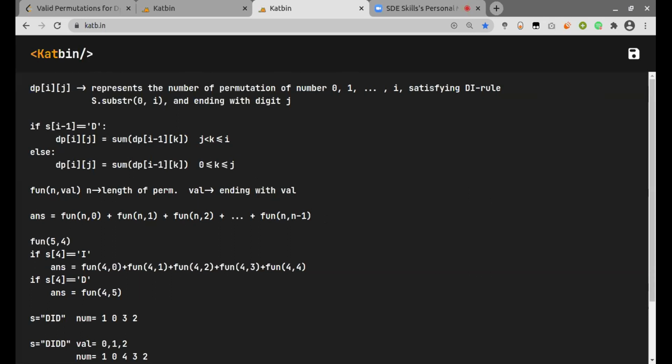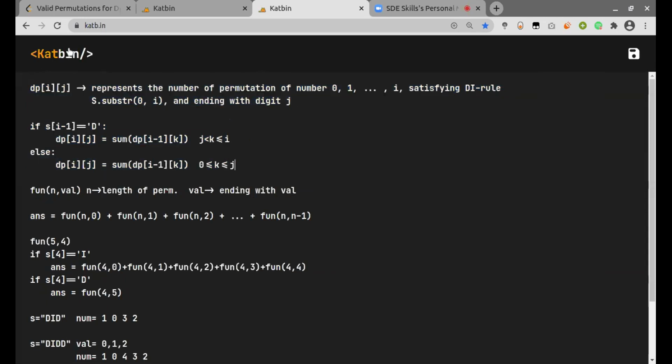But the main idea is generating the recursive function: how we generate a particular permutation ending with a given number and satisfying our given DI sequence. This is what we need to compute here.